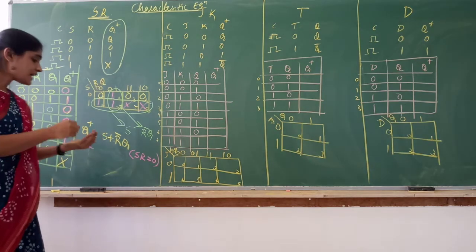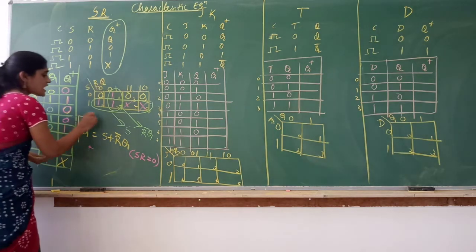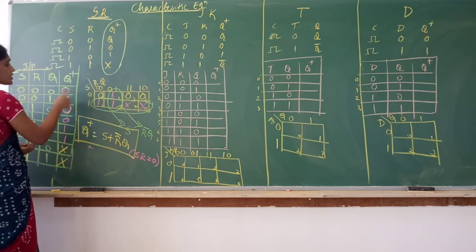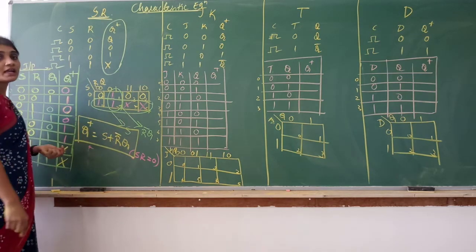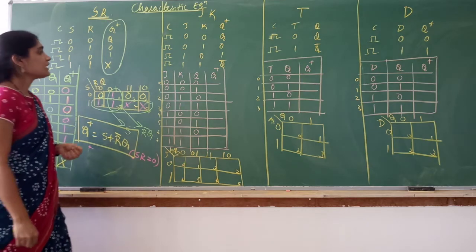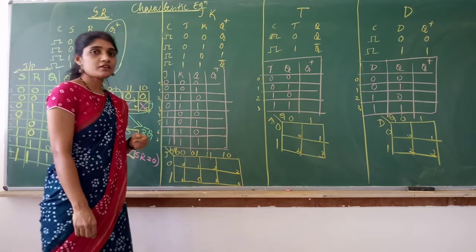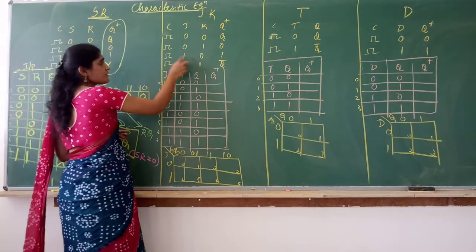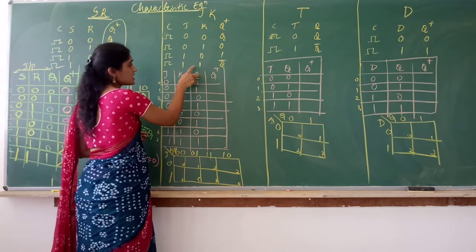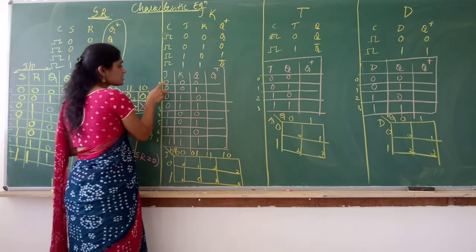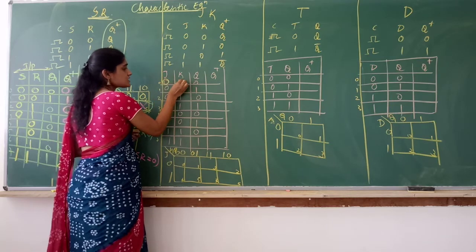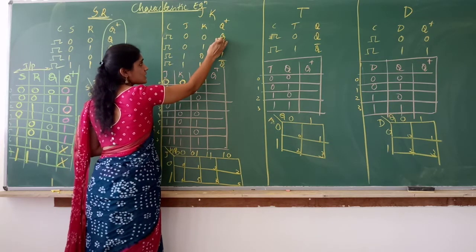Okay, so this is the characteristic equation for SR flip-flop. This explains the function, or the characteristics, of SR flip-flop. In the same way, derive an equation for JK flip-flop. This is the function table. The only difference is when J is 1 and K is 1, it toggles. So now J0, K0: the next state is the same as the previous state.